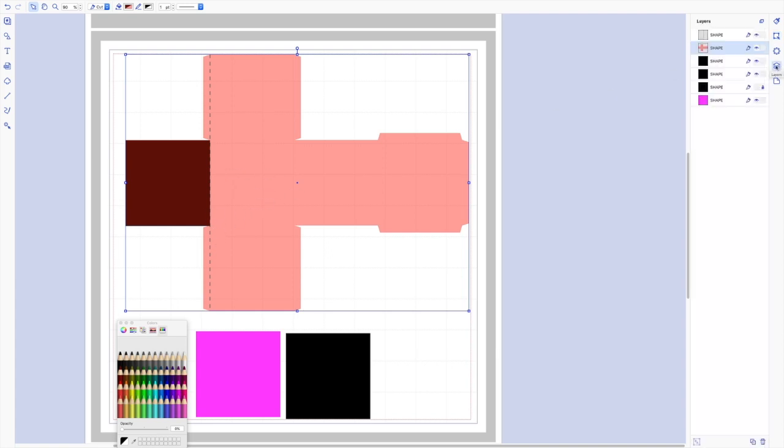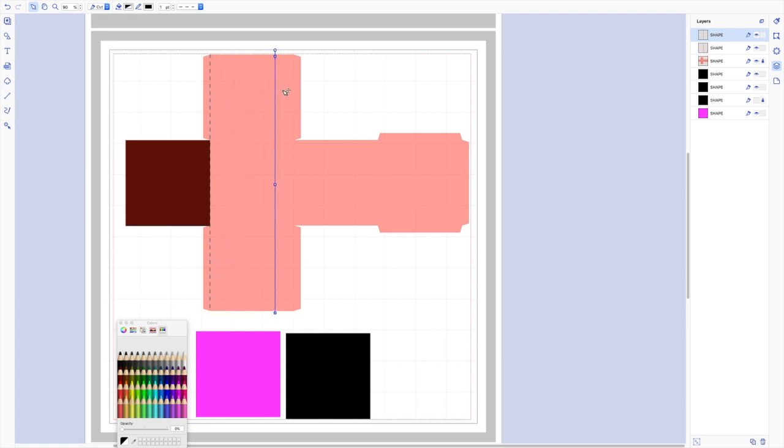So I'm going to go into the layers palette and I'm going to lock that box for just a moment. This is going to allow me to easily click on, theoretically, there you go. I can just drag across there now without worrying about it. Click on the Option key and drag. Now, in terms of where to place this line, I can, once again, use my little rulers here